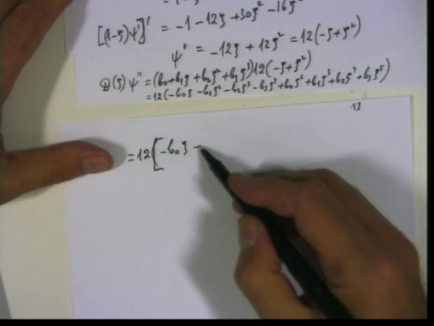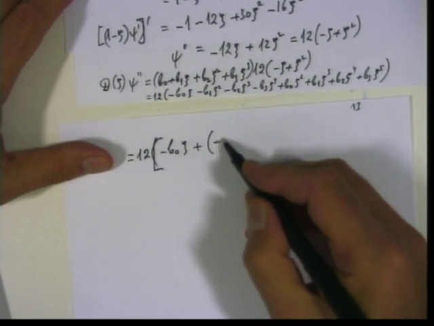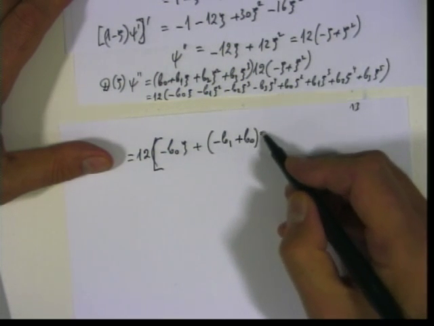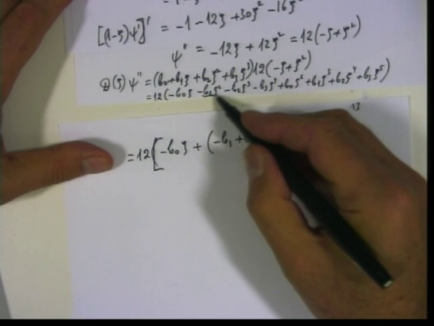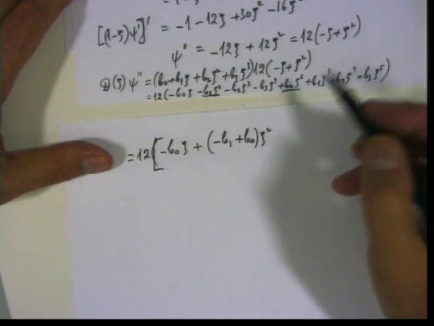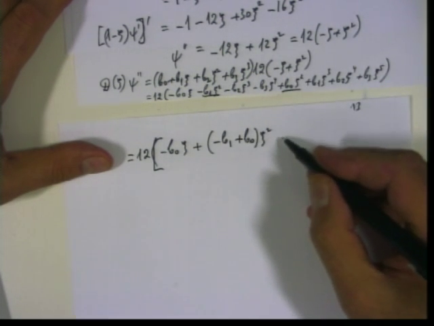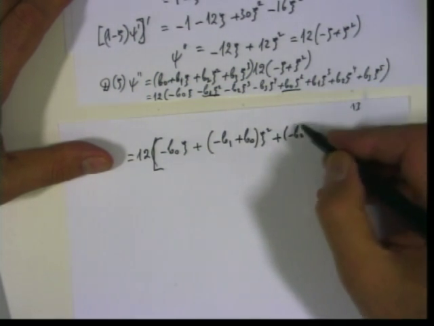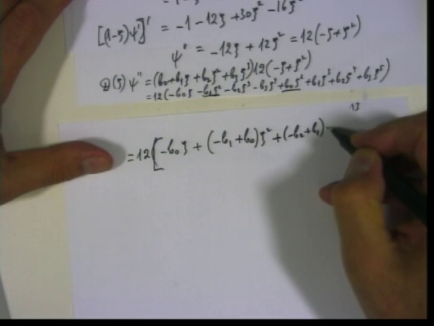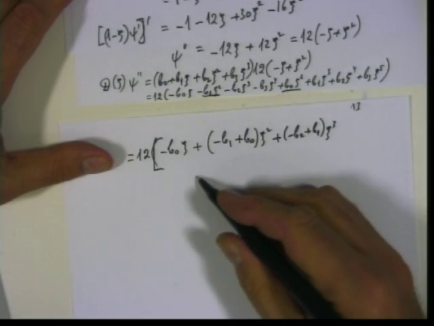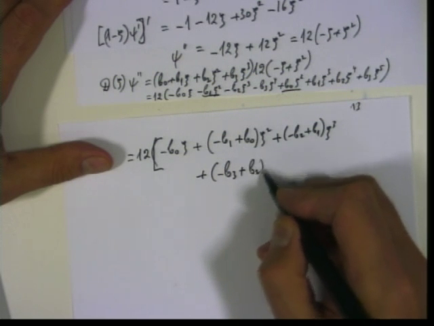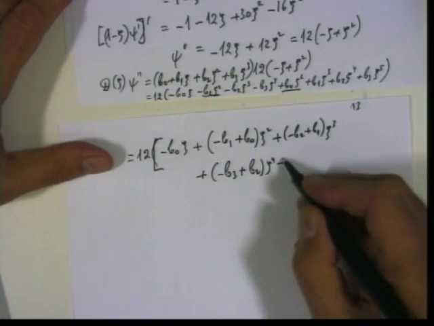And then psi squared, so it will be minus b1 plus b0 psi squared. Then minus b2 plus b1 psi cubed. Then minus b3 plus b2 psi in fourth power plus b